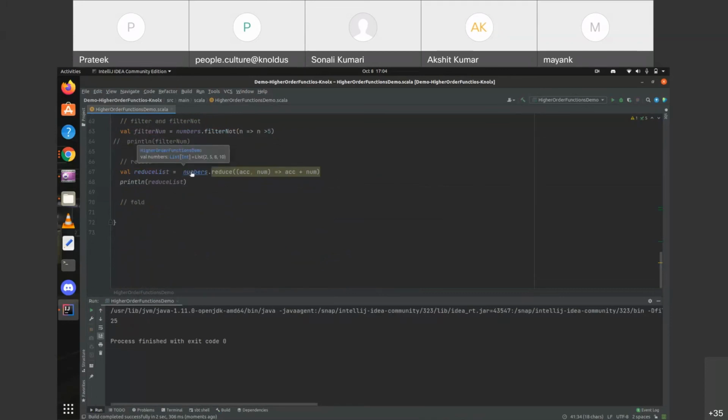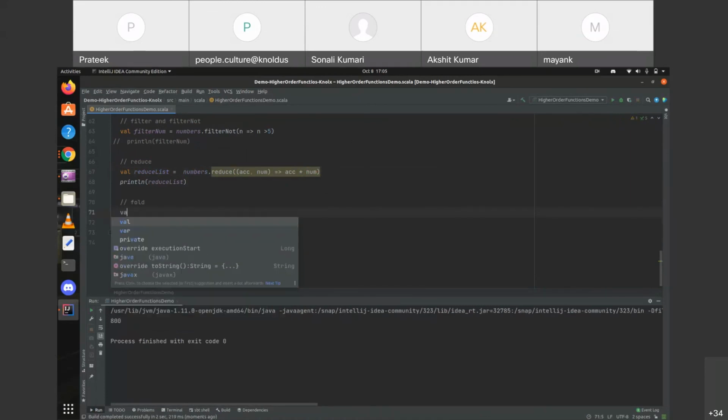So it's converting a list of int into just a single element of the same type. Okay, so here we are doing the sum. We can also perform some other operation, let's say multiplication. So it will give us the multiplication of all the numbers. See, okay, so finally let's see the example of the fold function.